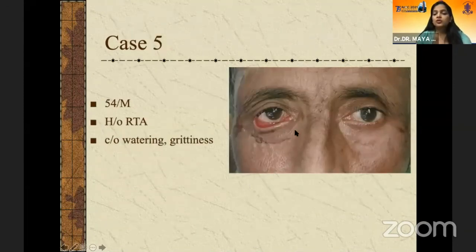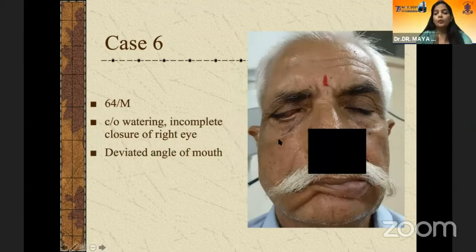Then coming to ectropion, it may be again a senile or cicatricial ectropion. Senile ectropion will have similar characteristics as I described for the senile entropion. Here there is a history of trauma followed by a scarring of the lower eyelid, which is pulling the eyelid downward. So this is a case of a cicatricial ectropion. Now, paralytic ectropion may follow a facial nerve palsy. Here you have to look for the absence of forehead wrinkles, then incomplete closure of the eyelid, then deviation of the angle of mouth. So all these features favor a facial nerve palsy.